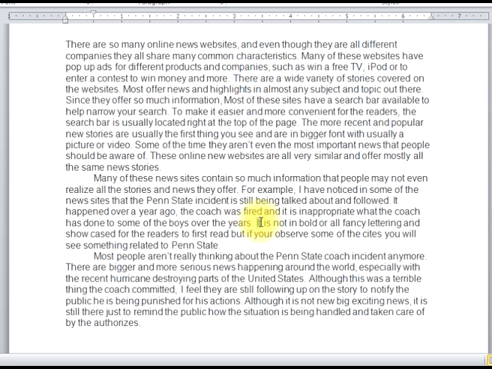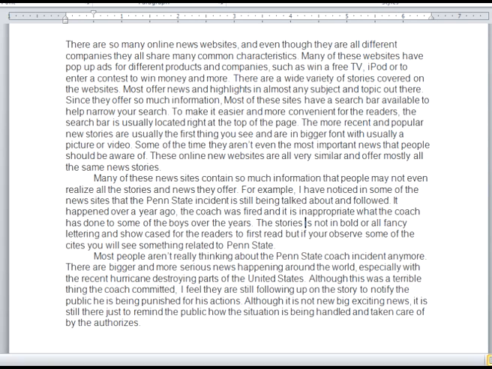It is not a bold or all fancy lettering. Now, what is it here? The story, right? But there is an it up here too, and there's an it right here. So this should be something like the story. The stories are not okay. But to read first, if you observe some of the sites, you will see something related to Penn State. Now we need to fix this, so with the sites,